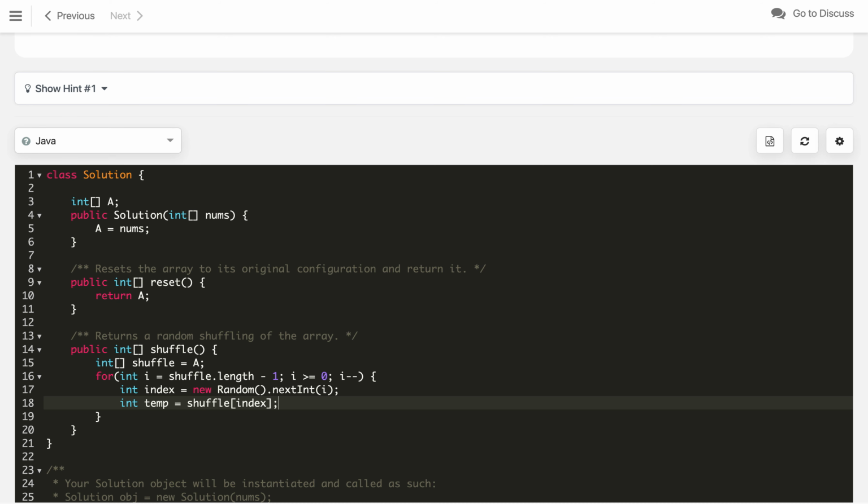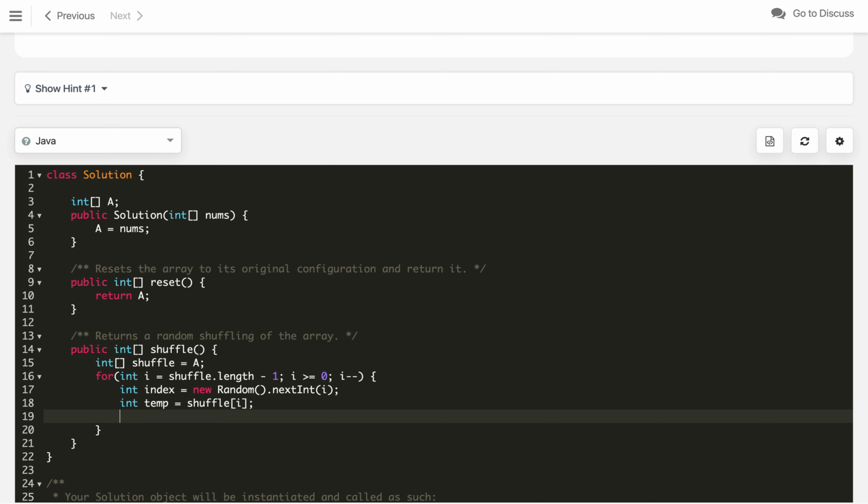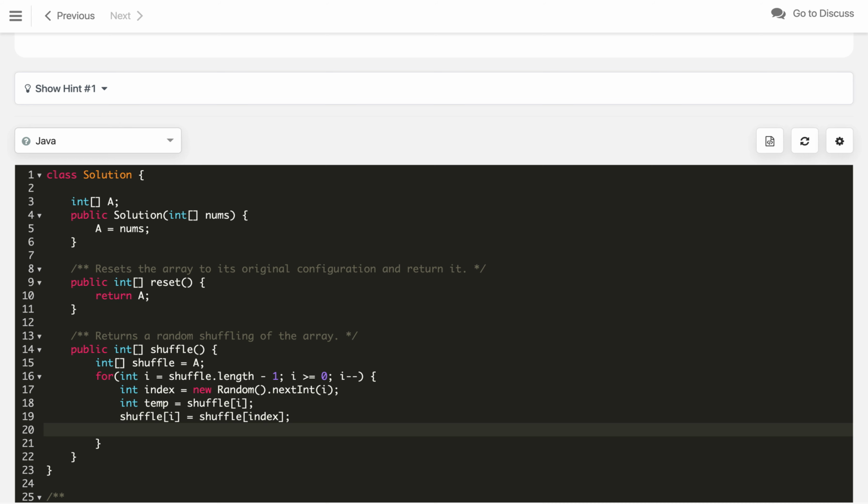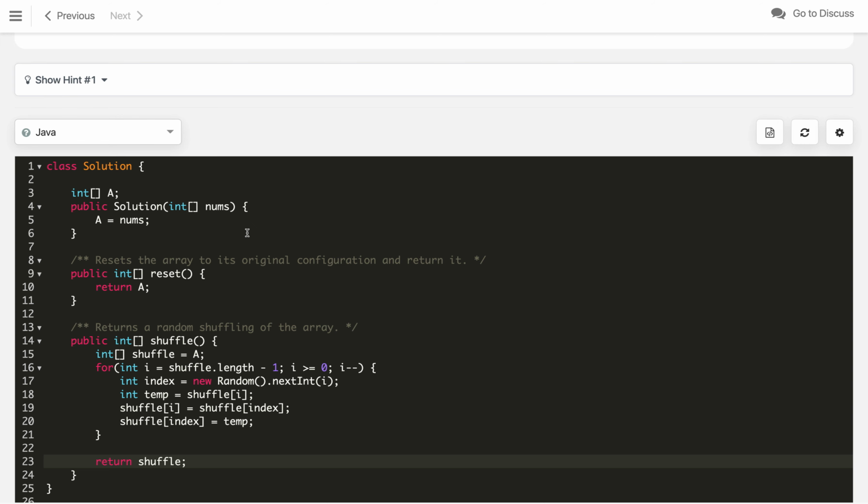Now we update the value at shuffle of I from shuffle of index. Now we update shuffle of index with the value stored in temporary. Once that is done, we just return shuffle as the answer array.